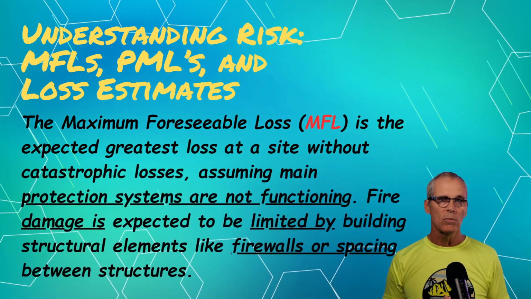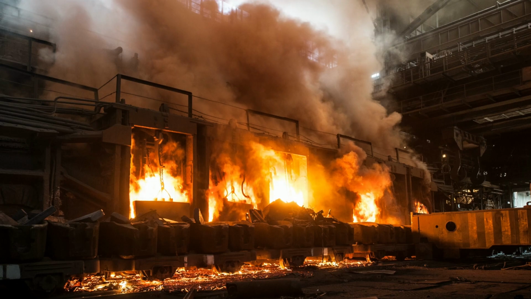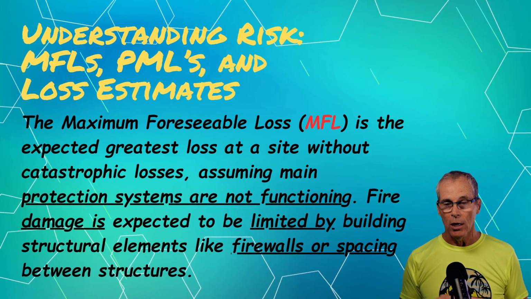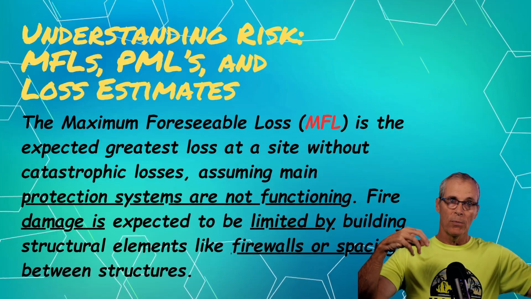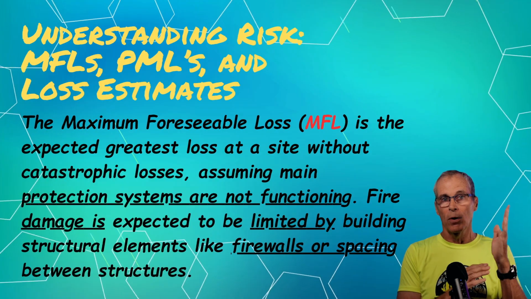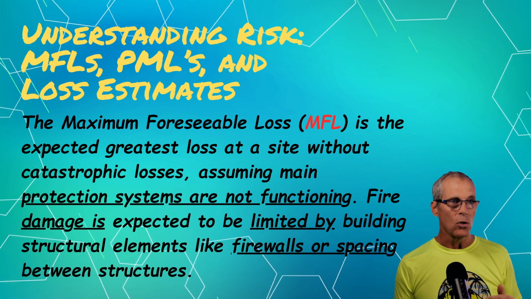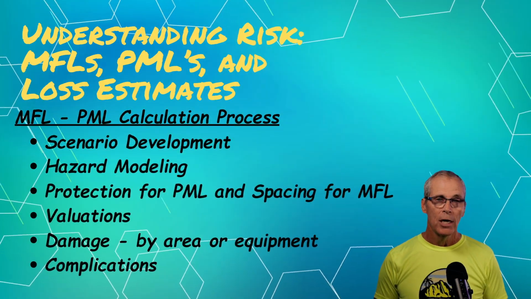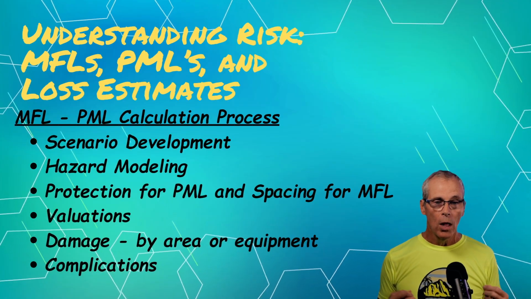Okay. Maximum foreseeable loss. What we're looking at here is all the active protections out of service. Everything, from people to automatic fire protection systems, none of it works. You have to just count on separation distances to keep equipment safe, or passive fire protection like firewalls. You will get credit for a barrier because it doesn't have to turn on, doesn't need batteries, and works day or night. So that's what an MFL is. It's when that's all you're counting on. It's just passive protection.